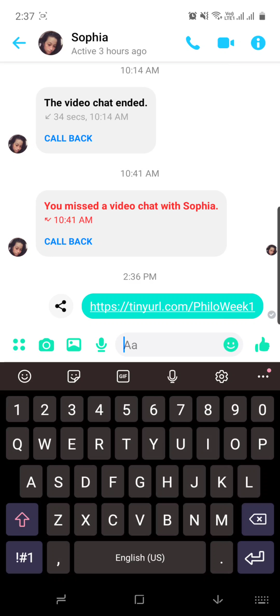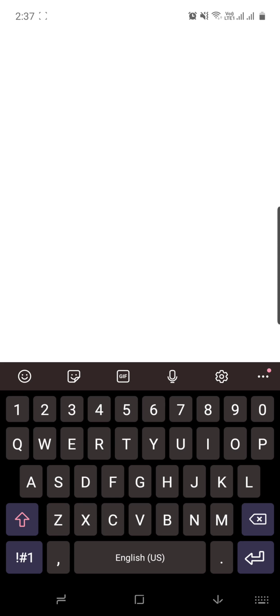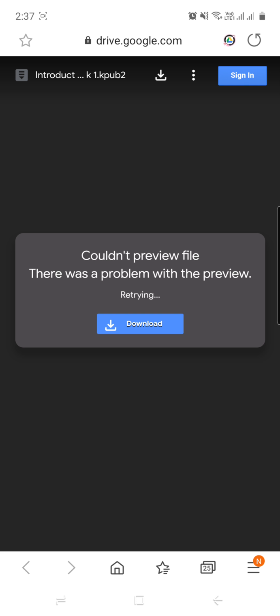However, if you have, go to your GC and then look for the link that I sent and then click that link. Ayan. So, pag na-click mo na yung link, it will direct you to the module. It couldn't be previewed because Google Drive does not have an application to open a KPUB2 file. So, once open, you need to click the